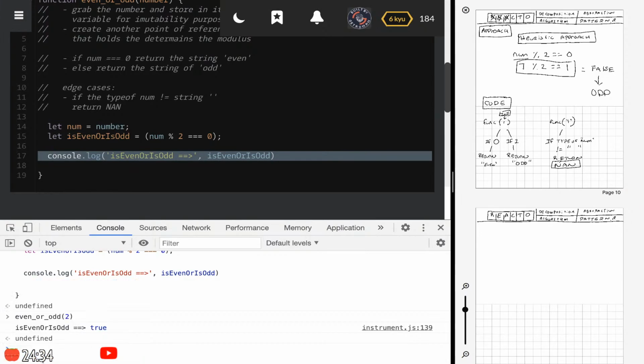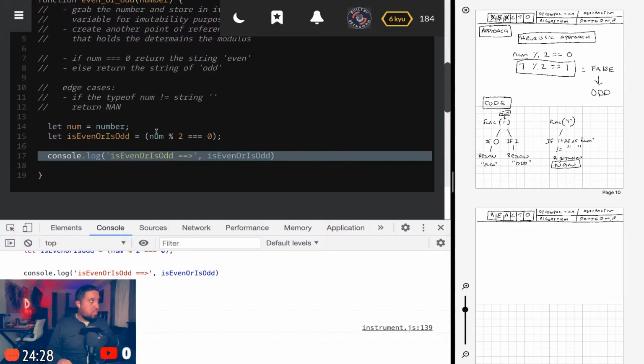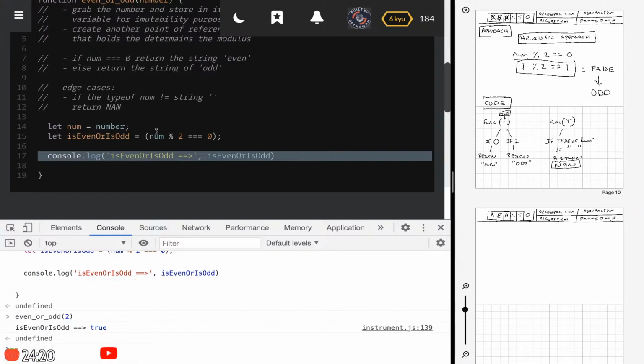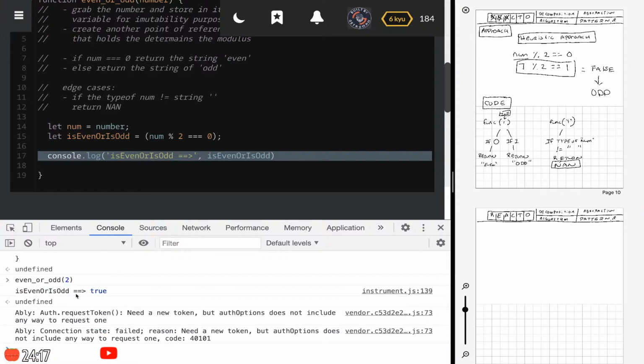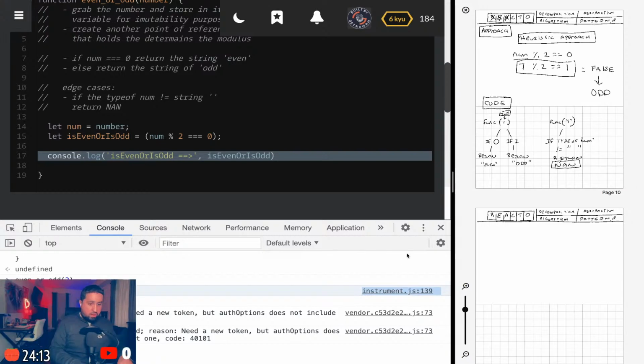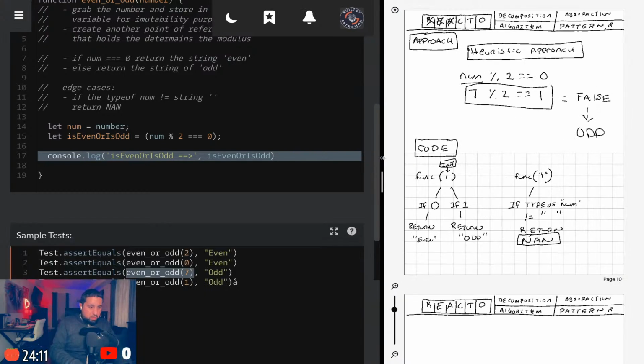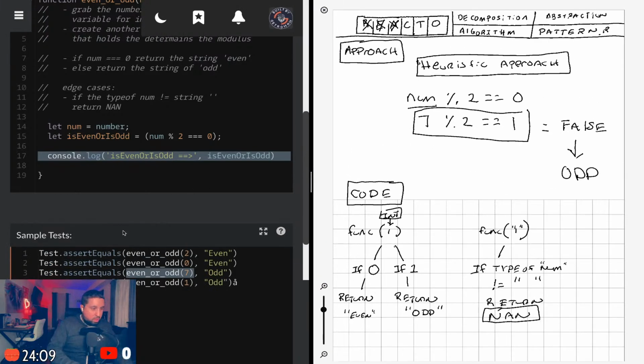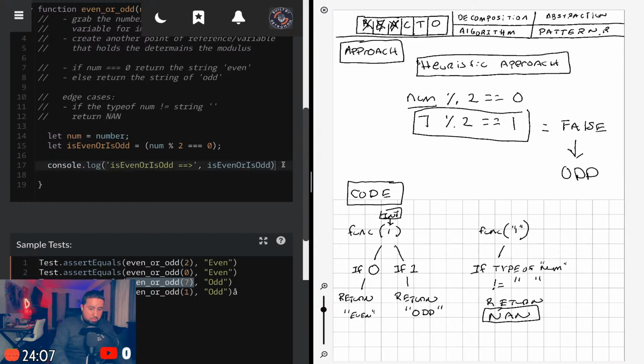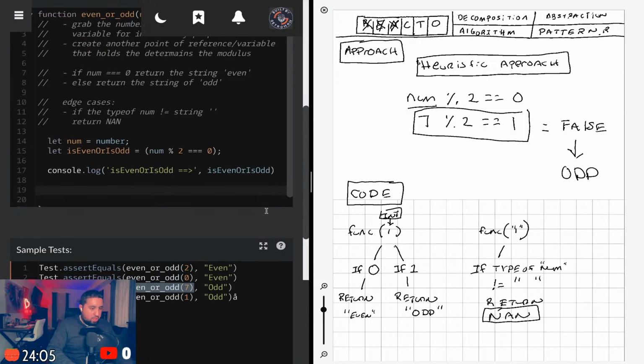It's spitting out true. So I guess because I didn't finish it in CodeWars, I didn't finish out the whole function, it's probably not understanding what I'm trying to accomplish. But in the dev console, it does tell me that it is true. So there's some truth to it and it's working. All right, so that confirms that part. And let me open this back up. All right, so let's move on. I'm getting some responses. That's all I wanted to see there.